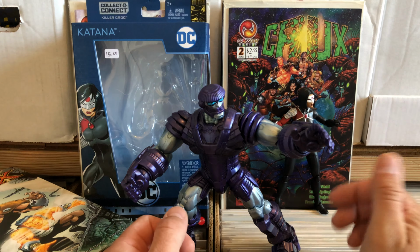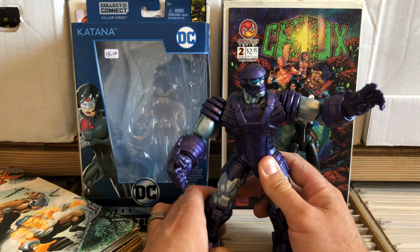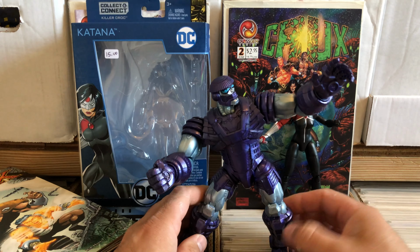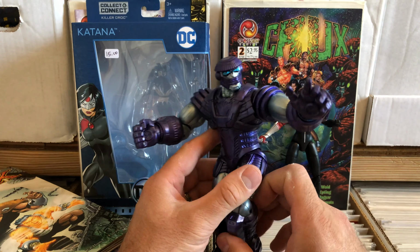Had family visiting all week and had a great time, but had to run to El Paso to drop them off at the airport. And while in El Paso, the first trip to pick them up from the airport, I had picked up a whole bunch of more action figures that were on sale from the GameStop sales, and I ended up getting a full wave of Marvel Legends, and I got this Build-A-Figure from the Captain